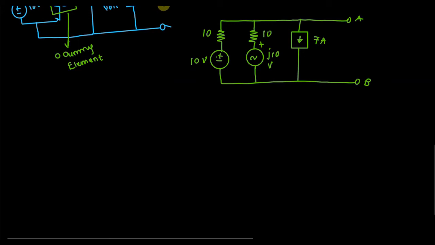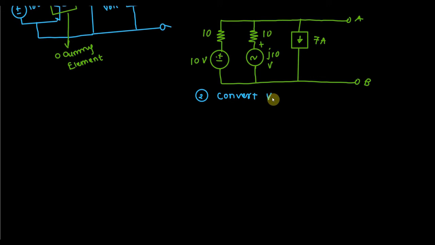So if there is a parallel connection, what we will do, we will convert all the voltage sources into current sources. Okay. So in step 2, convert voltage source into current source. Okay, because the connection is parallel. If it was series, then all sources must be voltage sources. So after that I will be drawing like this. So first I will convert this one. So this will look like this.